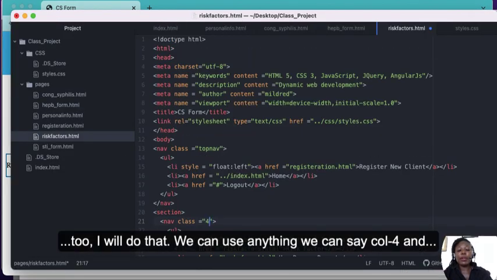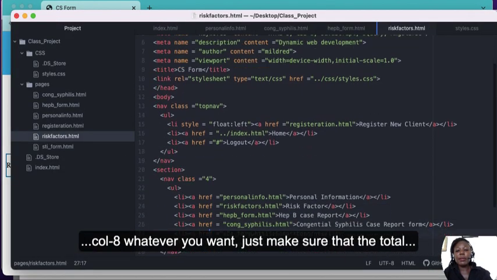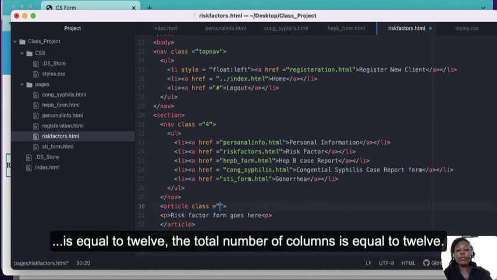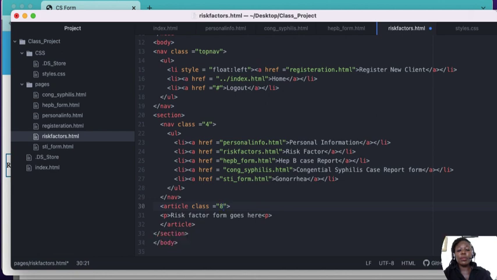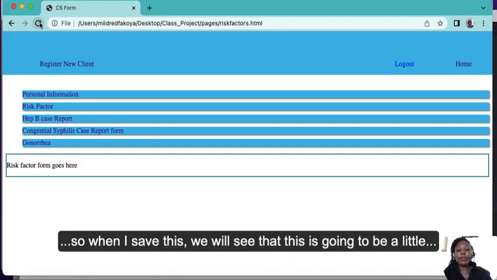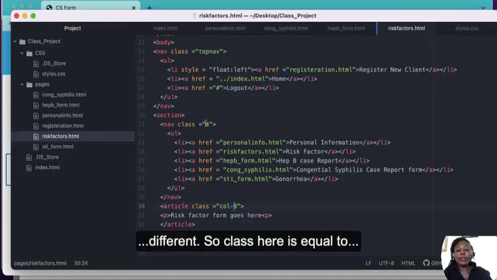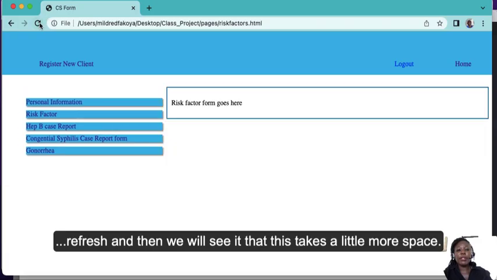You can use anything. We can say col4 and col8, whatever you want, but just make sure the total is equal to 12. The total number of columns is equal to 12, like this. So when I save this, we'll see that this is going to be a little different. So class here is equal to col4, refresh, and then we'll see that this takes a little more space